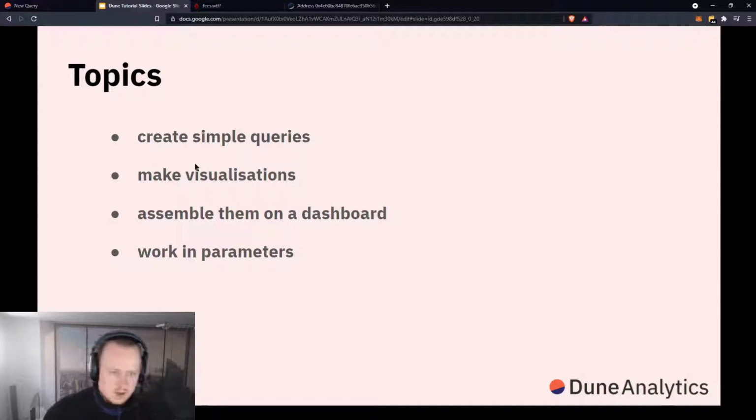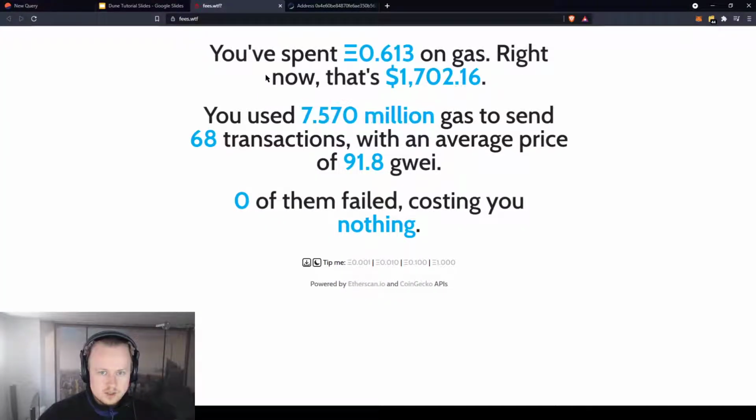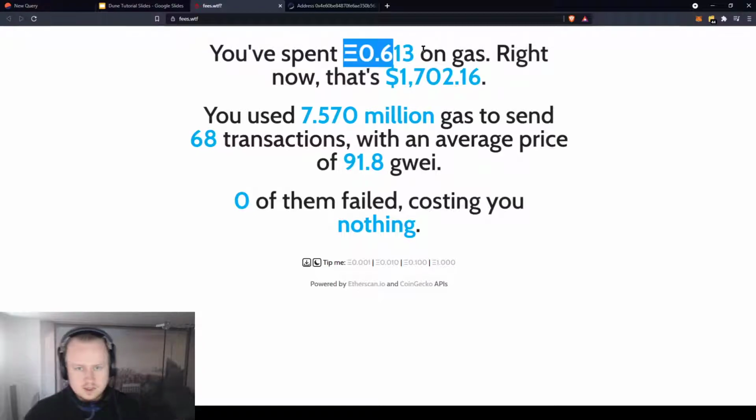So what will we actually build this dashboard on? It's quite a hard topic for me to figure out, but I figured what is pretty simple and what everyone probably understands is working with gas fees. So there's this nice website which is called fees.wtf. I've already opened it here, and we can just take a look at this, and we can see it automatically recognizes my